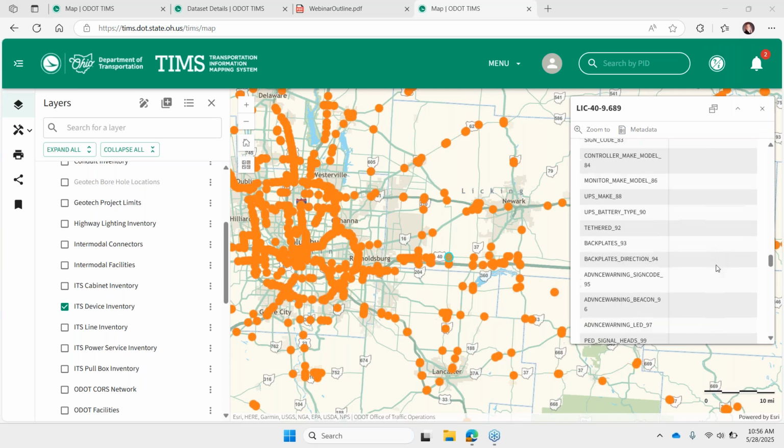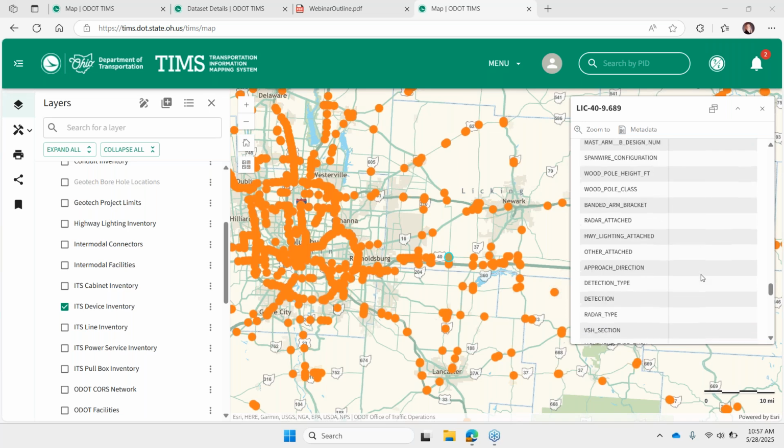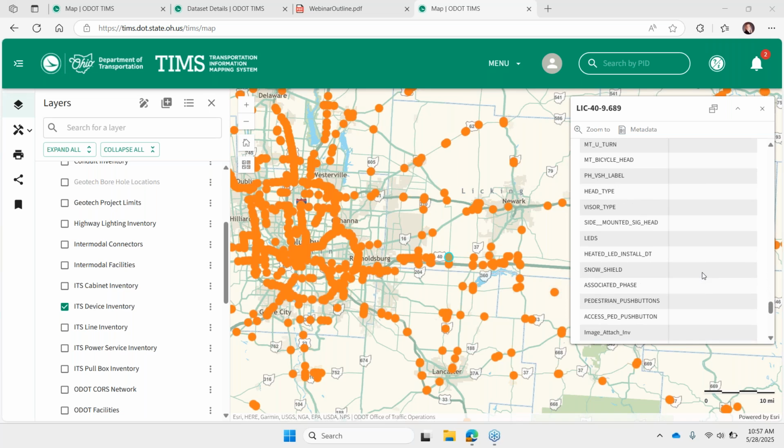I may have picked the wrong data set, but I welcome you to explore the layers that you're interested in and look for those links in the pop-up or in the attribute table, as well as linking to Office of Contracts if you know the PID that it's associated with.